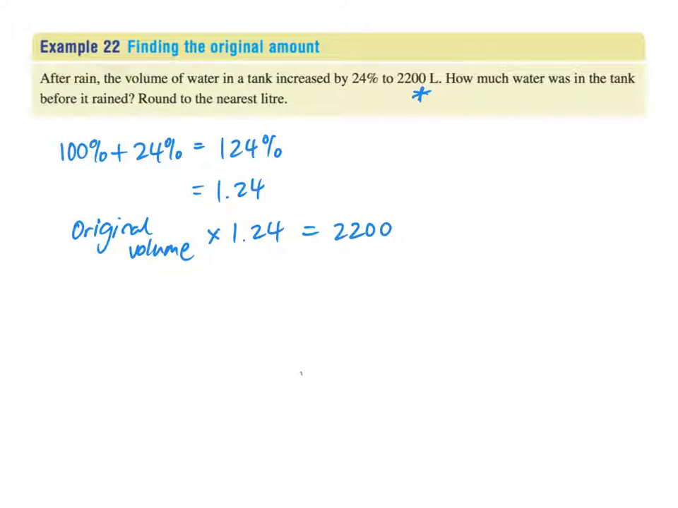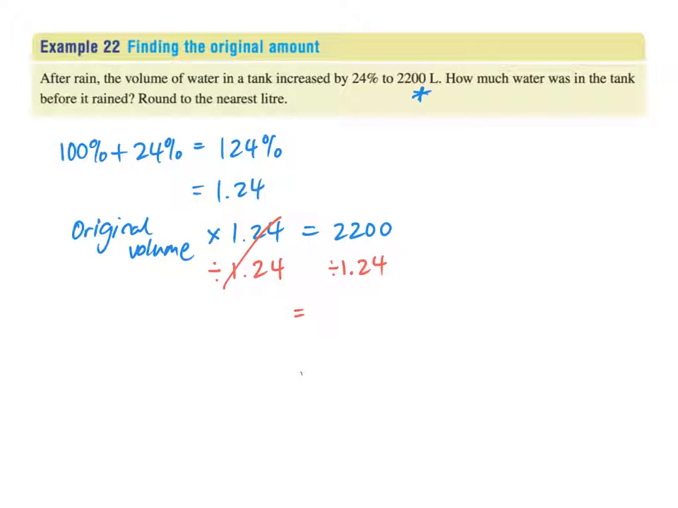So, how do we get rid of timesing by 1.24? Well, what do you know? Yes, we divide by 1.24 because that's the opposite. We do that to both sides because there's an equals sign, and we have to do exactly the same thing to both sides to make the equals sign still apply. Here, these are going to cancel out, and the original volume now is going to be this amount here, 2200